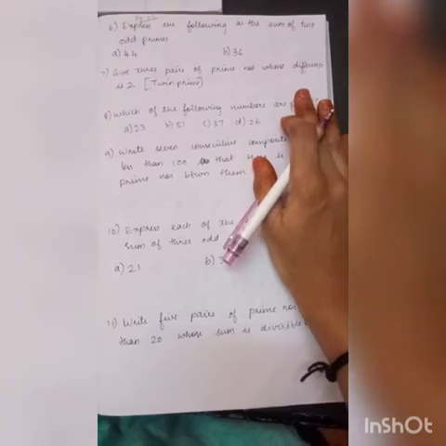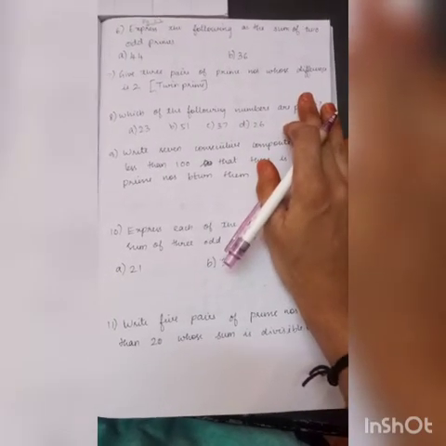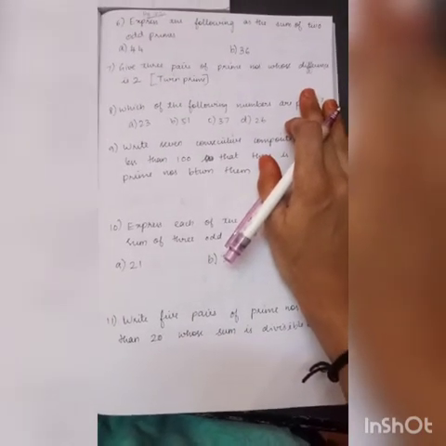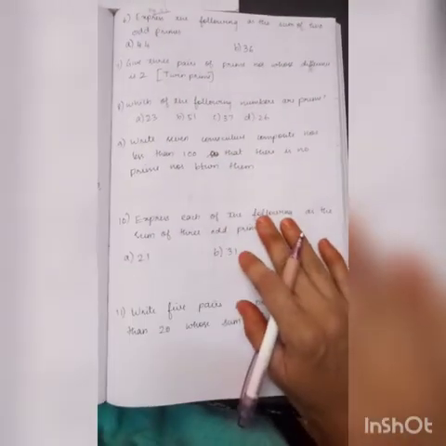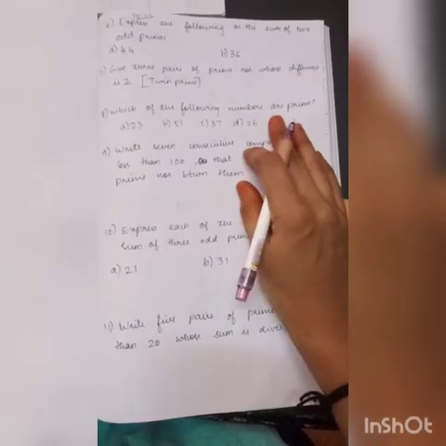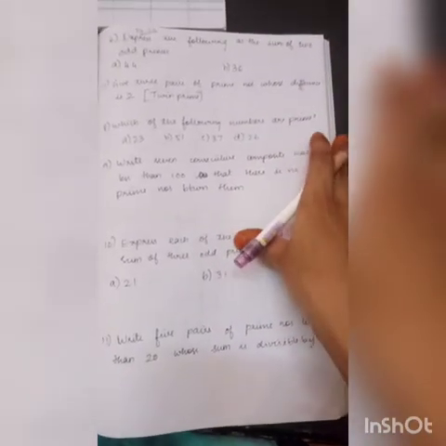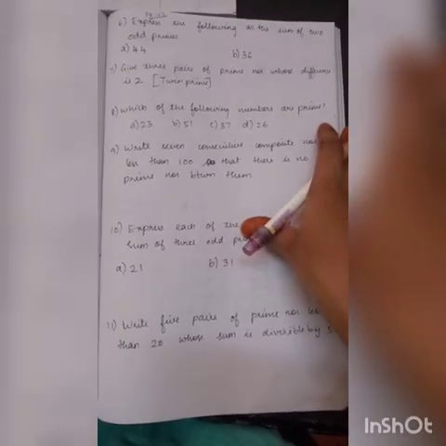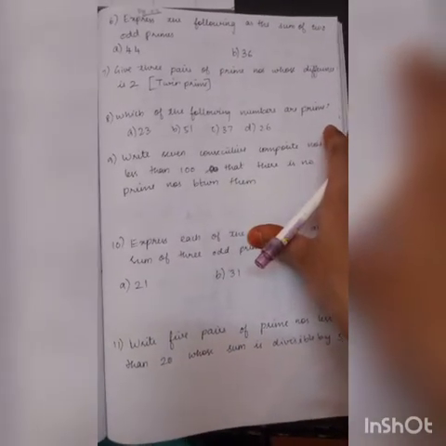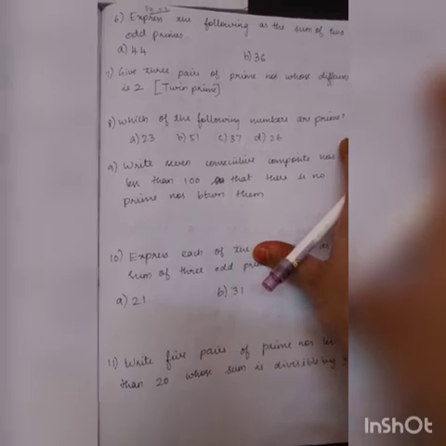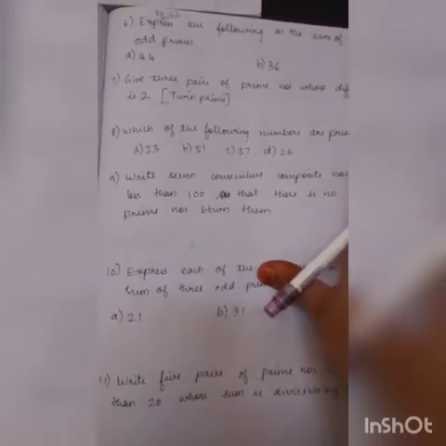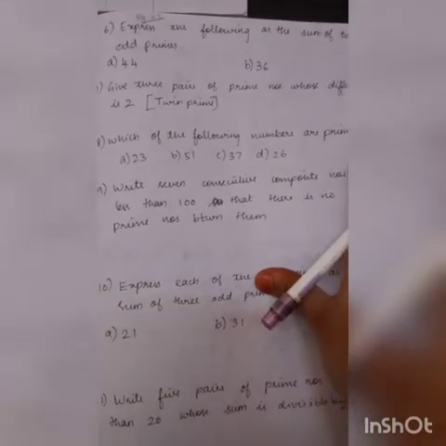Now we can continue exercise 3.2. Okay, you can take page number 53 in your textbook. Since I don't have a textbook in my hand, I have written all the questions in a note and I will write it in pencil. You also should copy all the answers in the textbook itself. No need to write it in your fair note. Okay. So what is the sixth question? Because till the fifth question we have discussed in our last class, right? So from the sixth question today we are going to discuss.